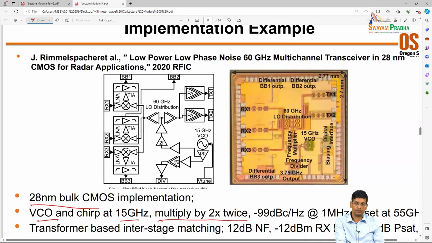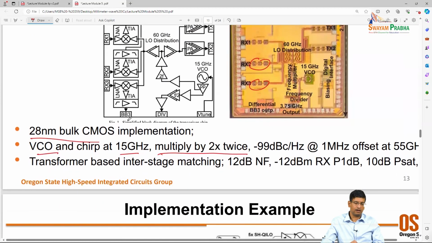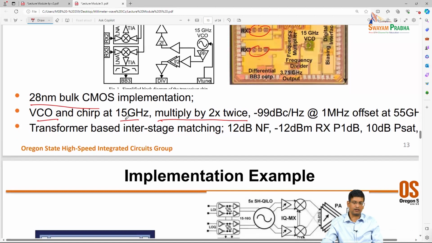The interstage matching in all these stages is transformer based matching, right? And they were trying to target 60 gigahertz radar,